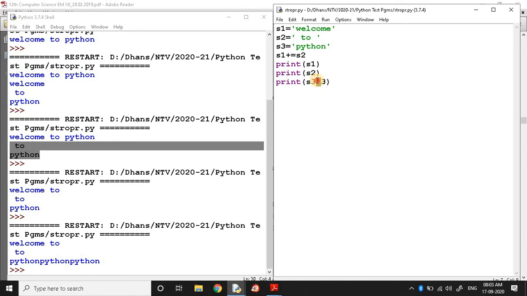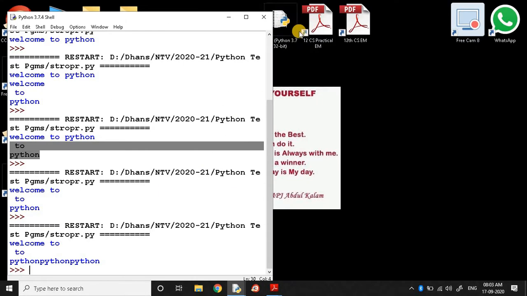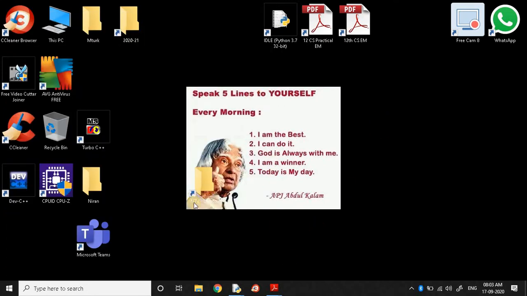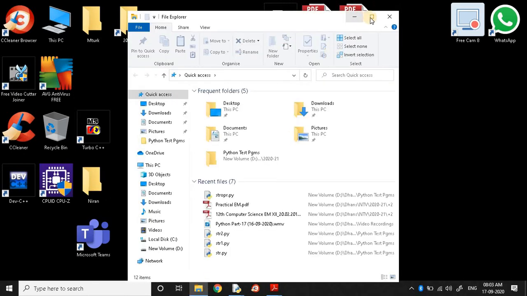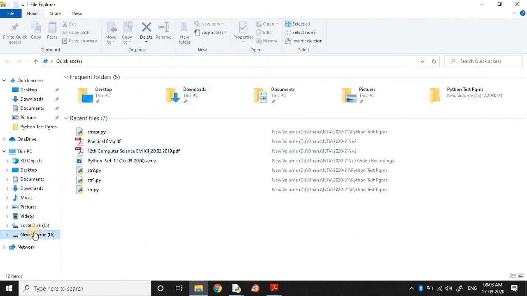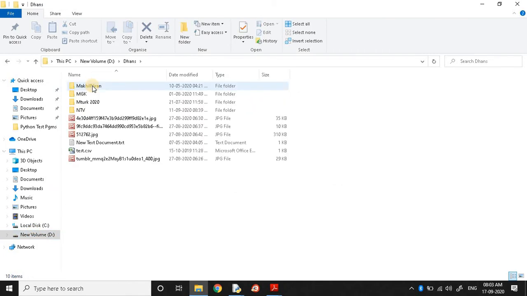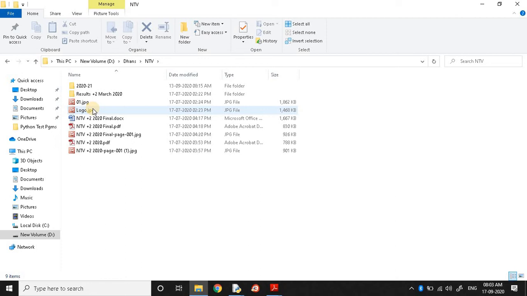So the repeating operator is the multiplication operator. In arithmetic operators we used the multiplication operator. So after that, how many times the previous string? So string star number of times to be repeated. That is the syntax. You can follow all these syntaxes in the Word file. I will give the syntax, which is not given in your textbooks. General format or syntax.